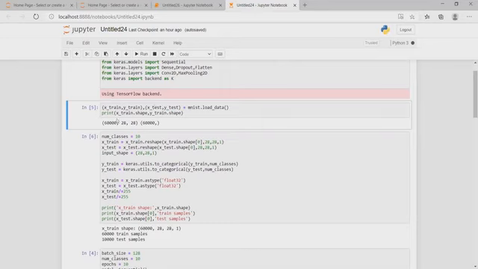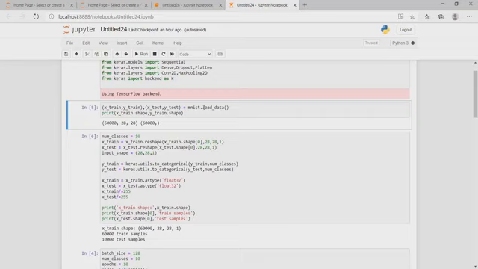Train means trained samples, that is 60,000, and the tested sample will be explained next. MNIST loads images. What is the MNIST dataset? The MNIST dataset, given by the Modified National Institute of Standards and Technology, is a large dataset of handwritten digits that is widely used for training and testing in the field of machine learning and deep learning.